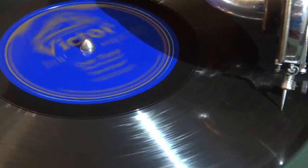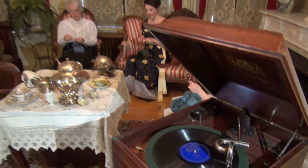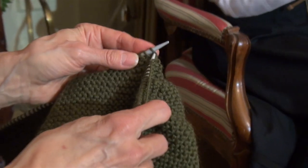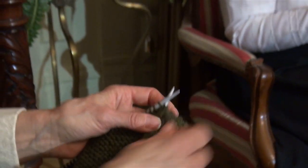A well-known World War I song is playing on it. Over there, send the word over there, that the Yanks are coming, the drums coming